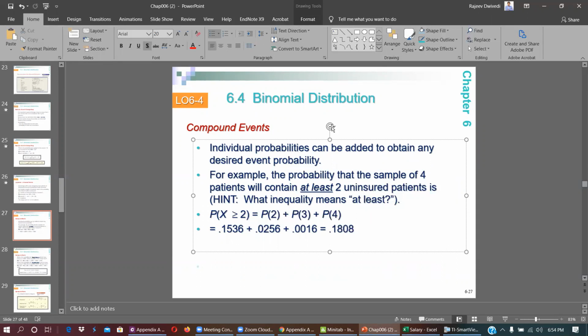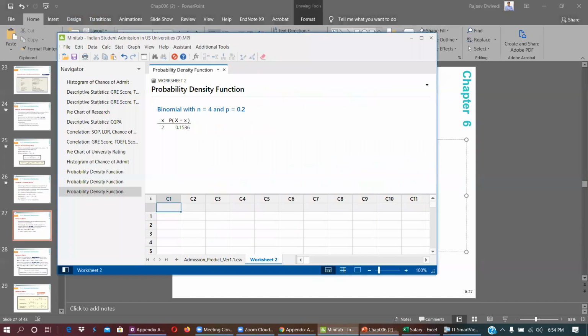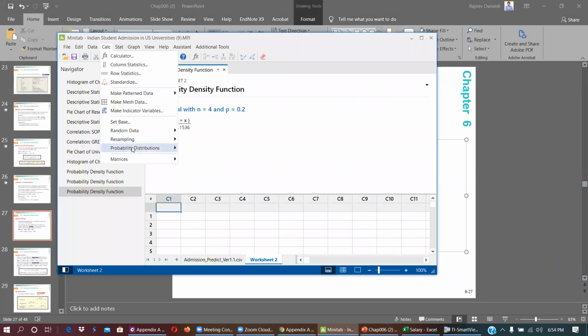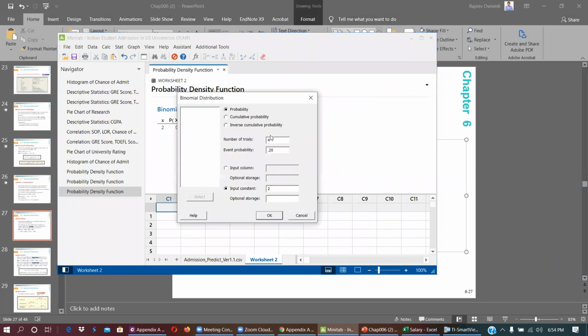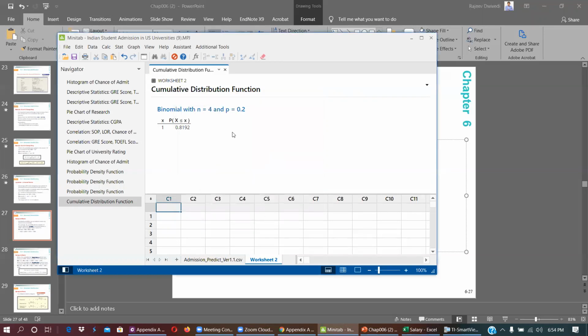18%. But we can do the same thing using Minitab, using cumulative, Stat, probability distribution, binomial, and then now I am using cumulative. Now what I need to do here, another thing, I need to get a value of 2, 3, 4. So what I will do, I can do up to 1, and then I subtract from 100% and I get my value. What is this? 81%. So up to 1, I have to draw.